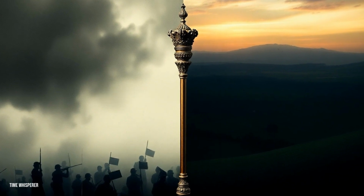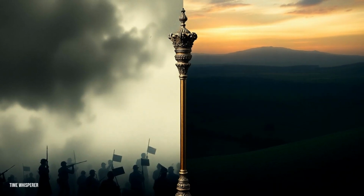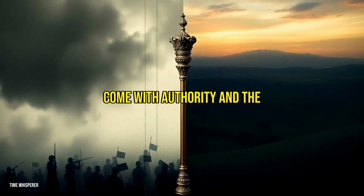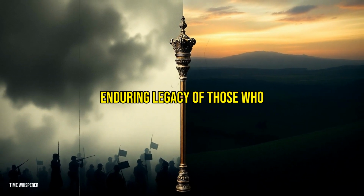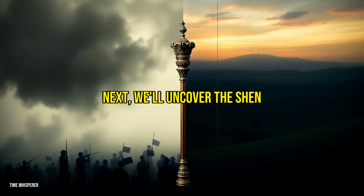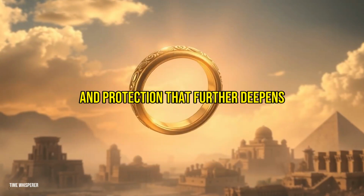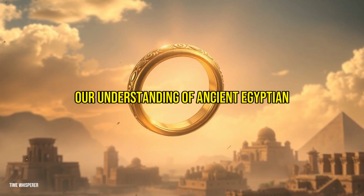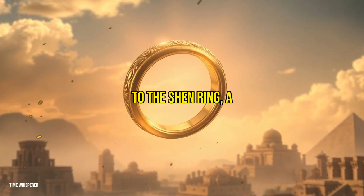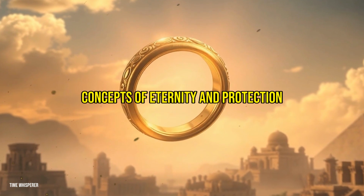the world. As we move forward in our exploration of hidden symbols, the scepter invites us to reflect on the responsibilities that come with authority and the enduring legacy of those who wield it wisely. Next, we'll uncover the Shen ring, a symbol of eternity and protection that further deepens our understanding of ancient Egyptian beliefs. Now, let's turn our attention to the Shen ring, a symbol that embodies the timeless concepts of eternity and